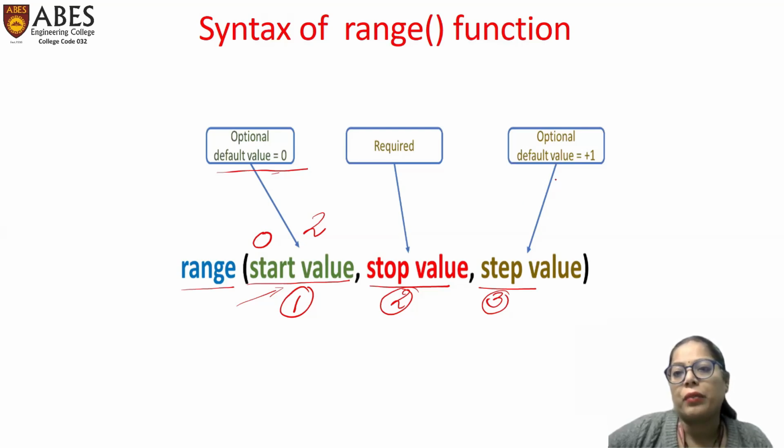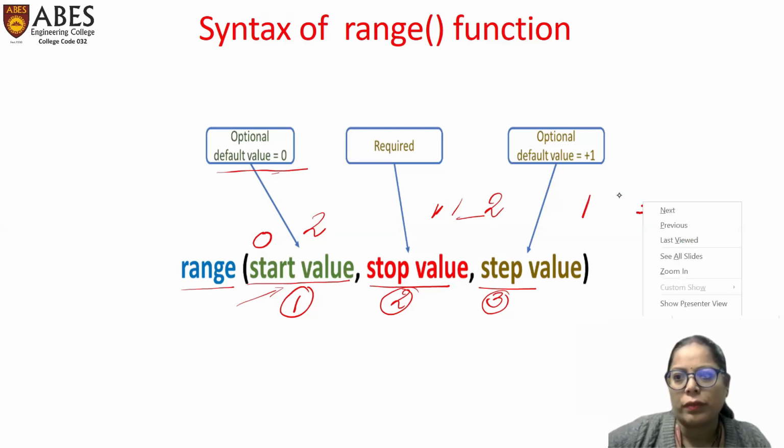And then we have step value, that is how many steps you should jump. What I mean when I say jump is, if my first value is 1 and my second value is 2, that means the step value is 1. If my first value is 1 and my next value is 3,